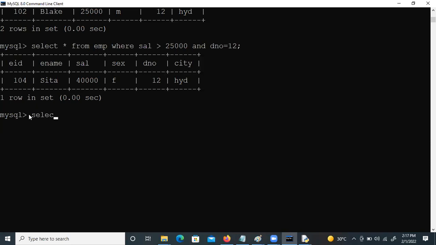Select sex-wise, male total salary, female total salary. I want sex-wise. What do you want? Sum of sal. Sum of sal. So let's say